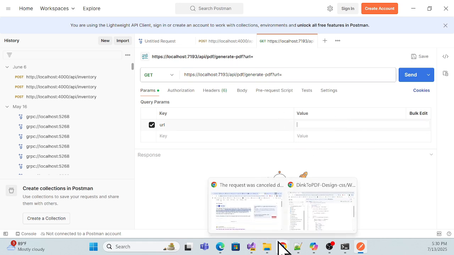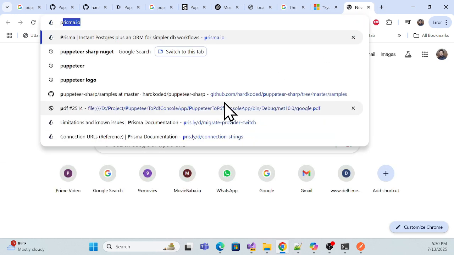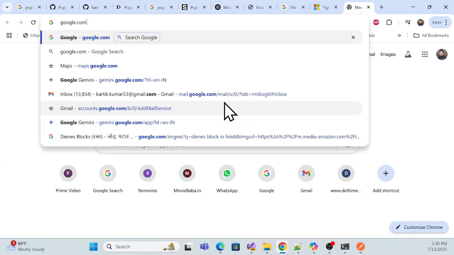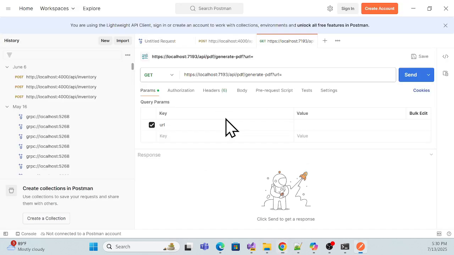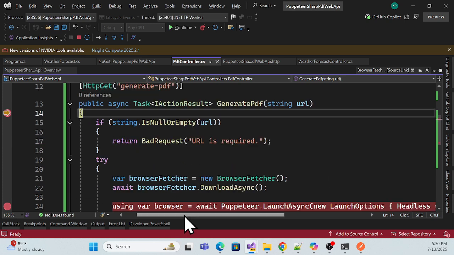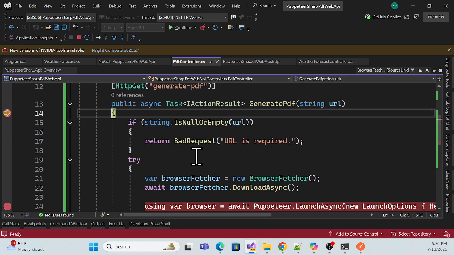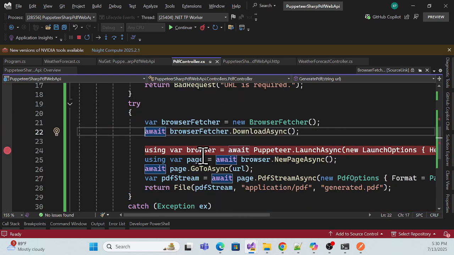Okay, so whatever our URL is, I want to just print it. I want to print google.com, right? I just want to generate a PDF of my Google website first. So I'm using this, and I can simply send. Once I send, see, I'm already debugging, so it is reaching that, and it tries to download